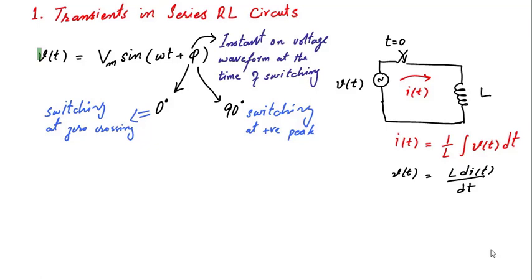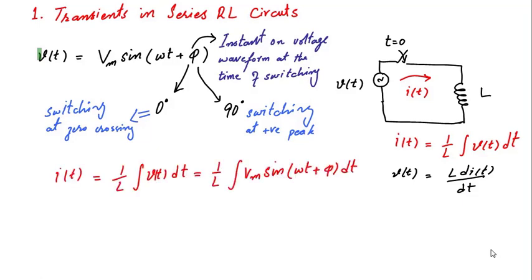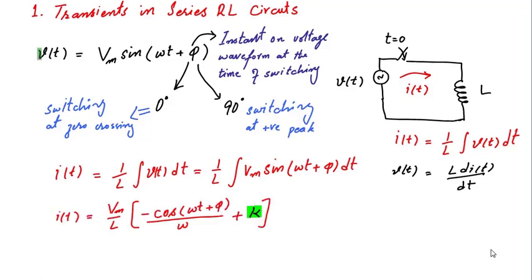Now we will see that the current through that inductor will be the integration of this voltage equation with respect to time. So here is that expression: current is equal to 1 by L times the time varying voltage integrated with respect to time. If we substitute the value of that voltage into that equation, that will give us the result equal to Vm over L, where inductance is a constant.